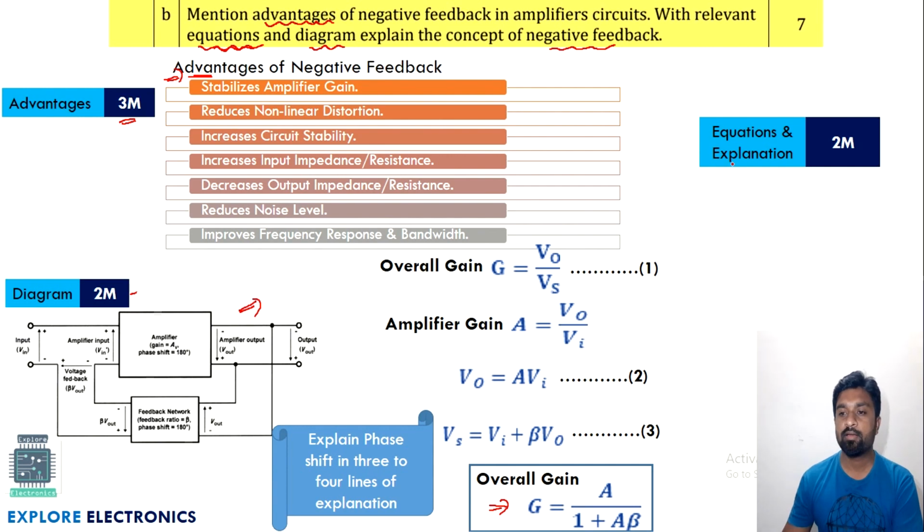marks, and in the explanation you give for negative feedback, mention that a 180-degree phase shift will occur in the negative feedback. The feedback network will be producing a 180-degree phase shift, that is much required here. So the concept of negative feedback, they will look for the 180-degree phase shift by the feedback network, and the input signal and the feedback output will not be in phase. They are going to take a phase shift. So these are the kind of answers you can underline also, so that you will get the maximum marks